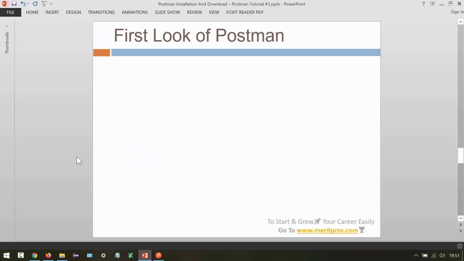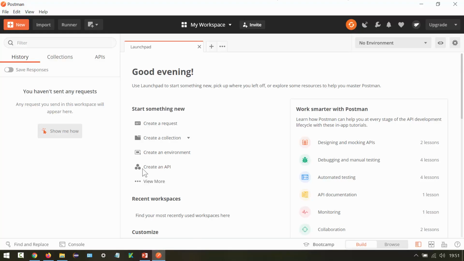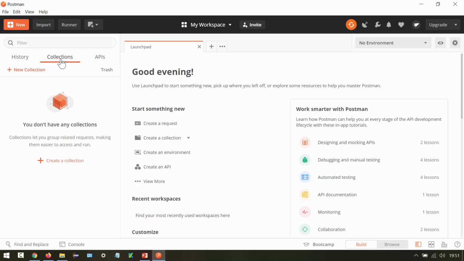Now we are going to look at the first look of Postman. So this is the first look of Postman. We have the menus here, then we have the toolbar here, then after that we have the history. So here you can see the history of API requests sent by you. Then we have collections. A collection is like a folder for API requests. You can keep related API requests in a collection.